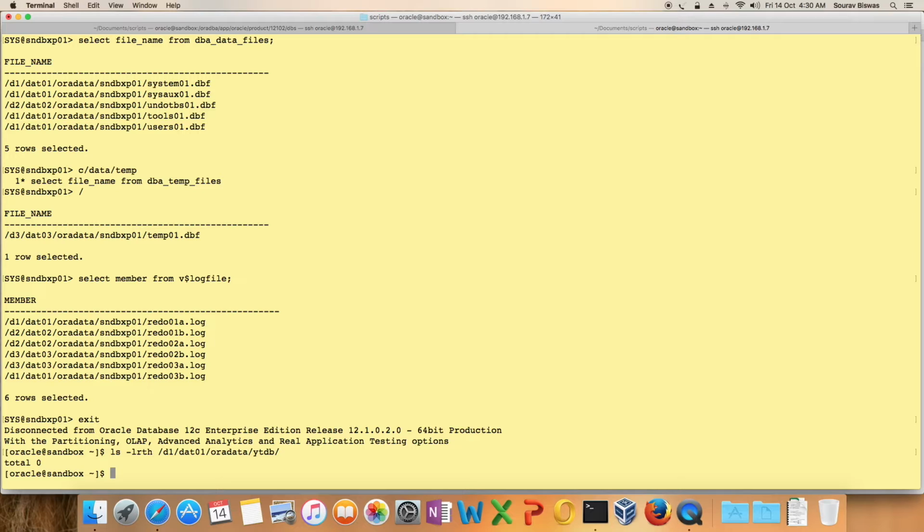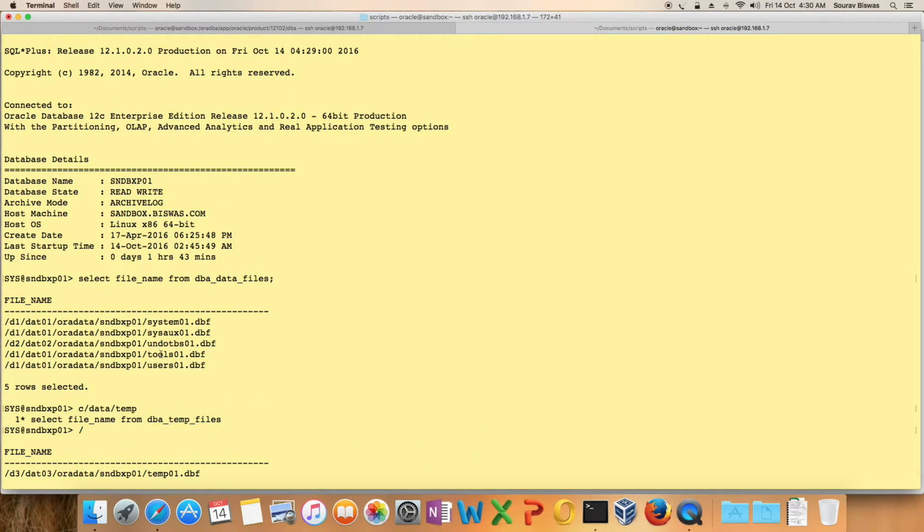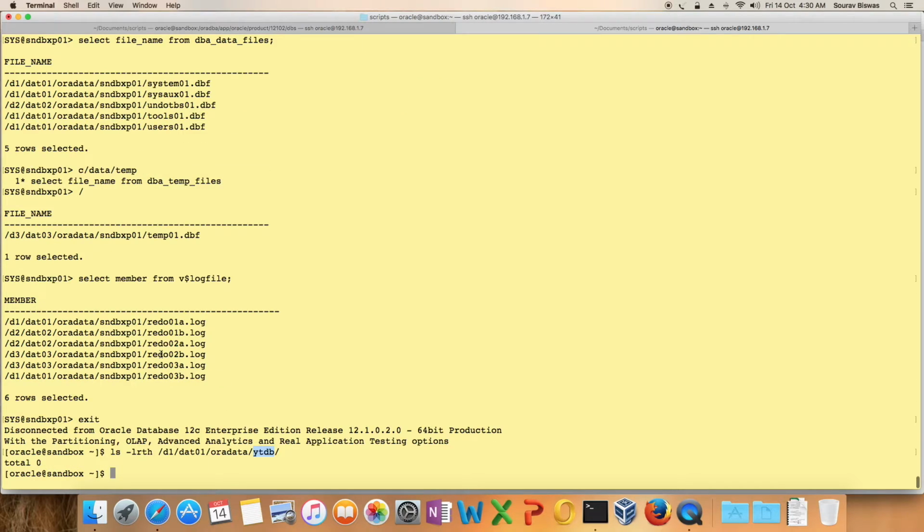You see, this directory is already created. I'm not showing it for all of them, but this is how I've already created them. You have to create the respective directories. Wherever you see this sndbxp01, you have to replace it with ytdb and create them. Once the directory structures are created, you have to now, on the auxiliary box for people who